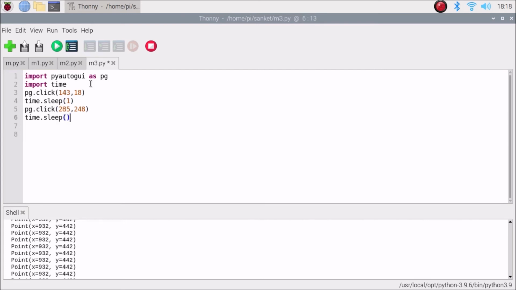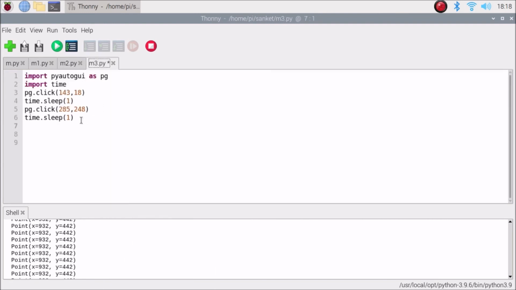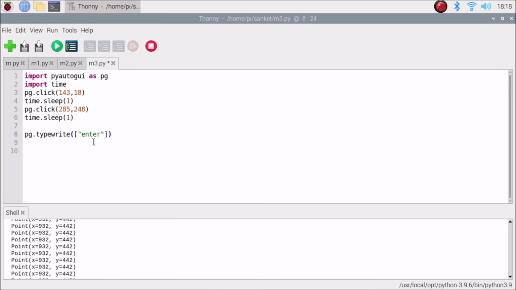And then we need to mention the enter. I want to press the enter. So for that we need to simply mention the command. This is the command, pg.typewrite enter. It will press the enter button. So pg.typewrite enter, copy it, and here just paste pg.typewrite enter.